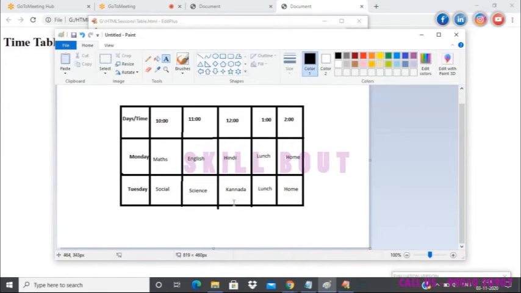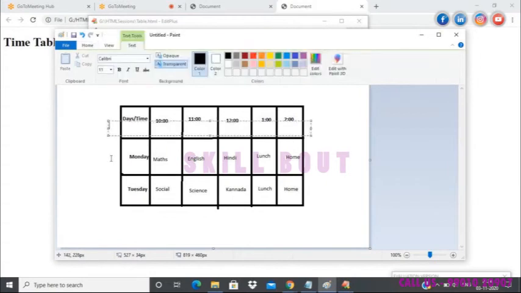So that's how it works actually. We will first focus on rows. Okay, so we have three rows. This is the first one, this is the second one, and this is the third one. So we will create the rows first and then we can have columns.